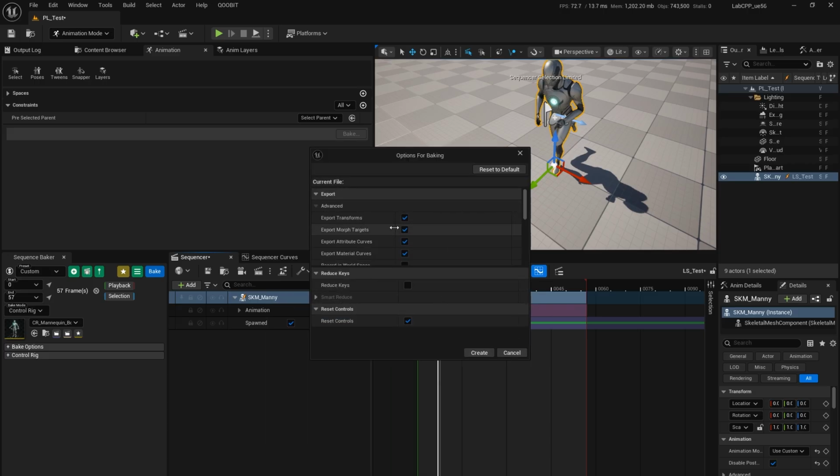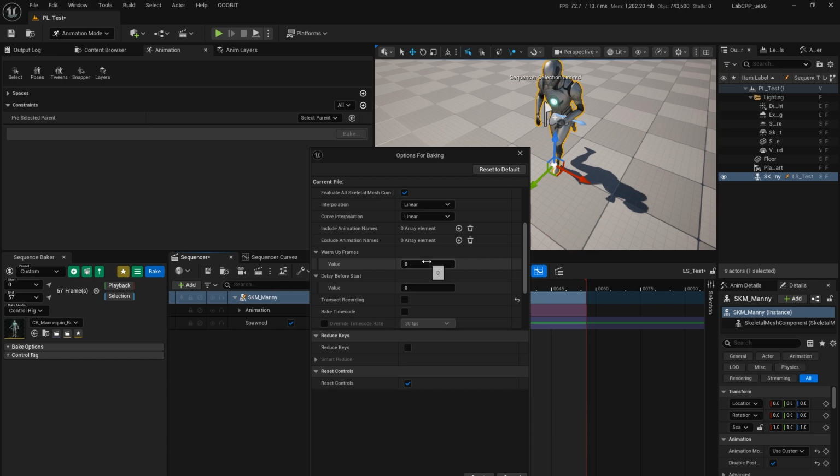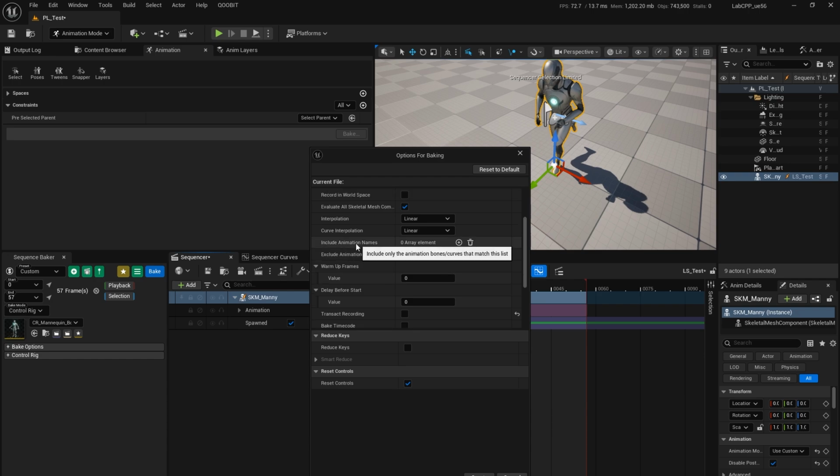see this Export Anim Sequence Settings window here. And from here, if you scroll a little bit down, or we're going to make the window slightly bigger, you'll see that there's this section called include animation names and exclude animation names. And if you hover over them, you'll see that it says include only the animation bones and curves that match this list. So pretty much if you do choose at least one bone or a curve in the include animation